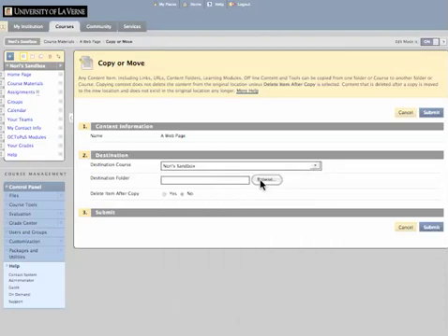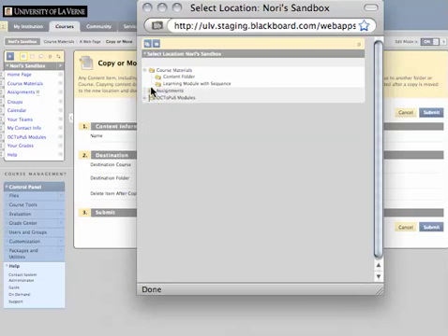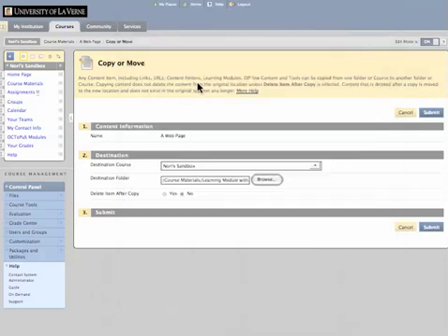Now I need to browse to the location I'd like it, and in this case I want to find that learning module, and let me collapse all this. So here's the course materials we've been looking at, here's the folder, and here's the module. I select the module and I decide, do I want it